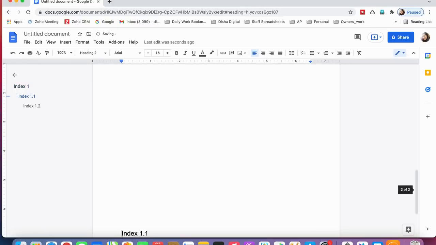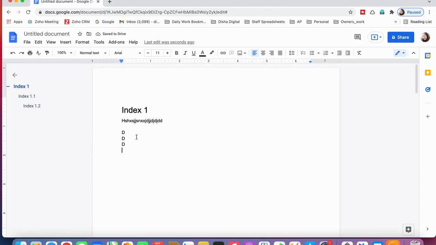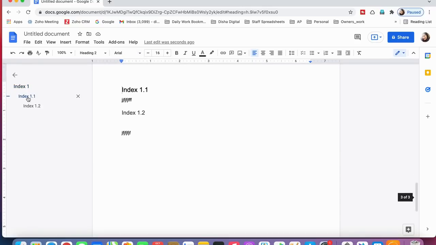Suppose my subheading is on page number 3, and these 2 pages are for this. Now if you want to write content here, you can write whatever you want and insert images, graphs, charts, from all these tabs. If I click Index 1.1, see, it directly goes to page number 3. So this is how you can add the headings and subheadings.